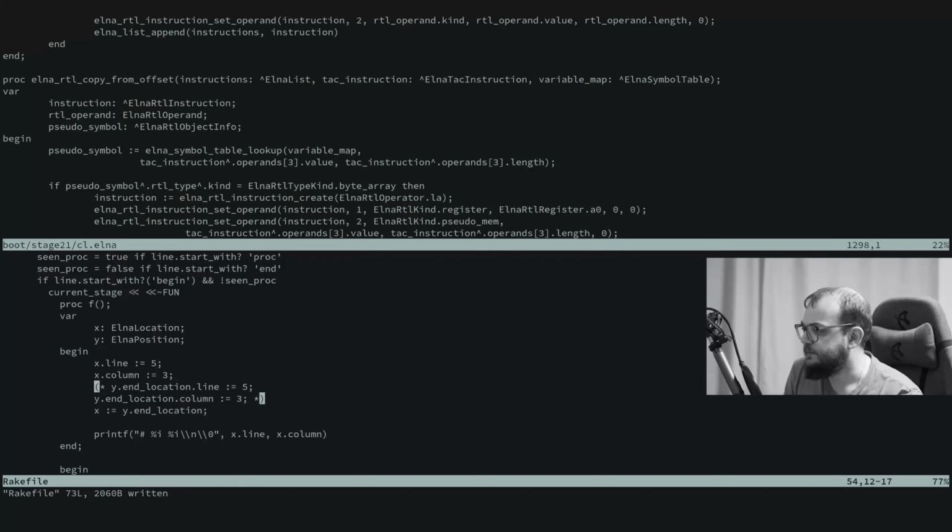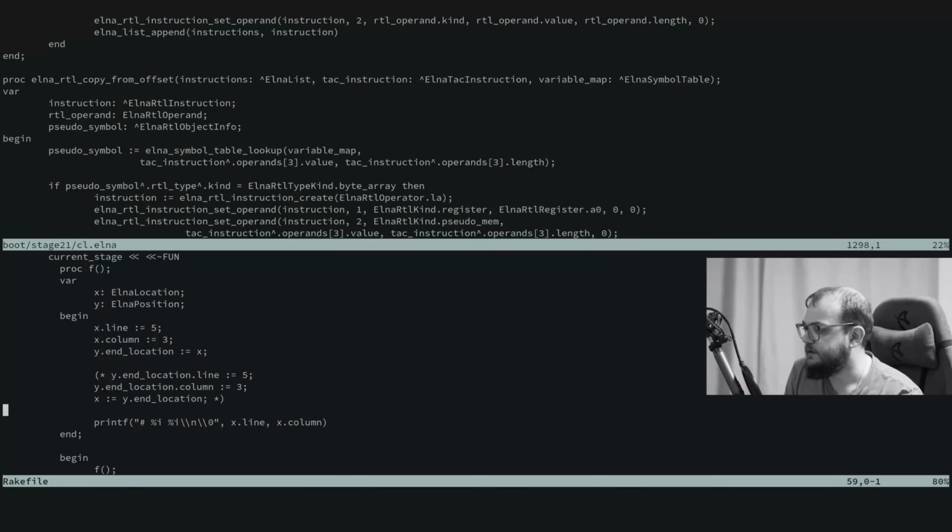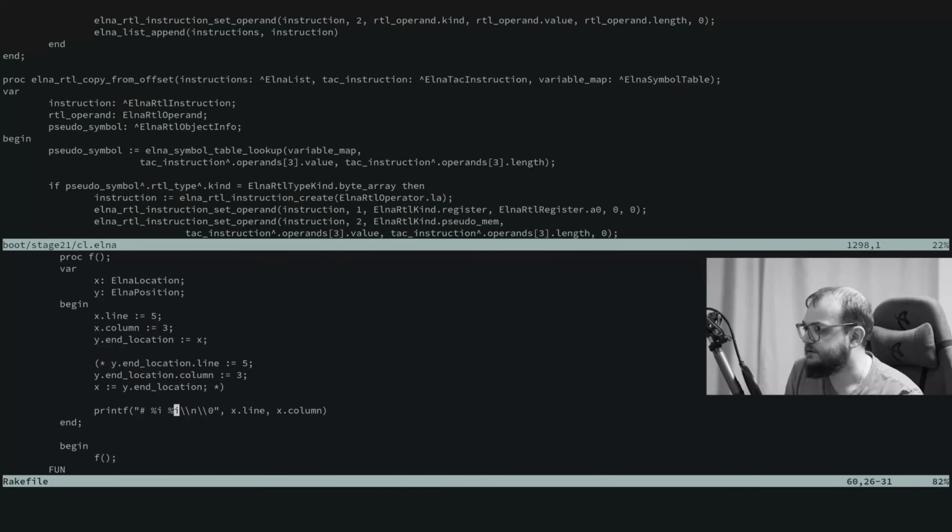And then we assign this X to Y, and then we print both X, and